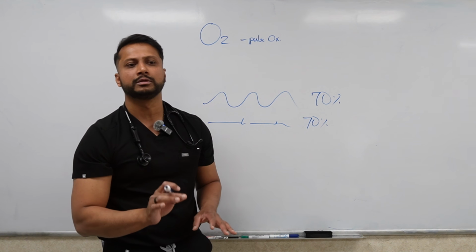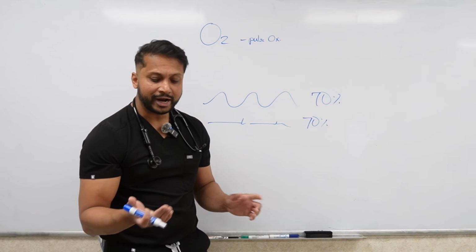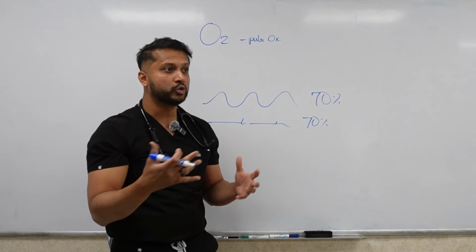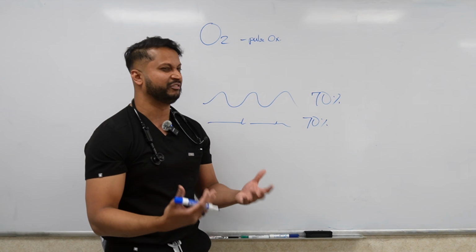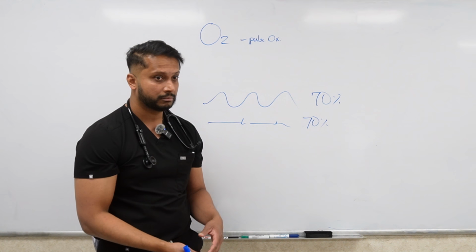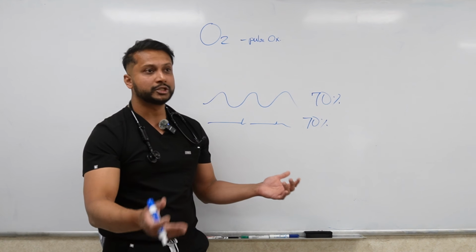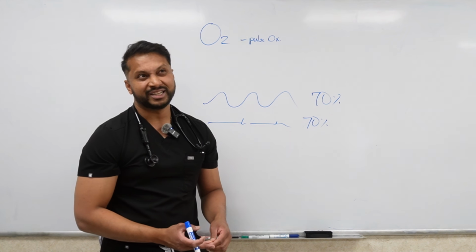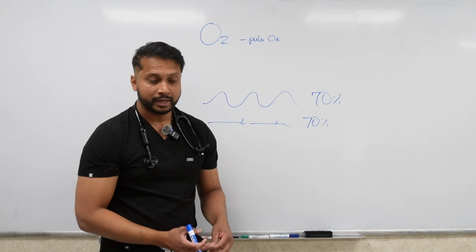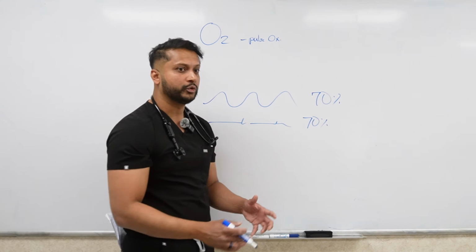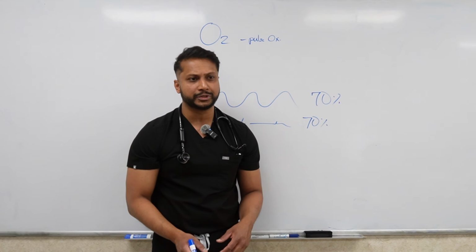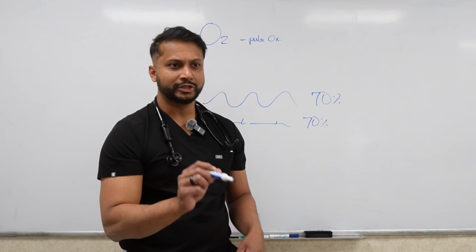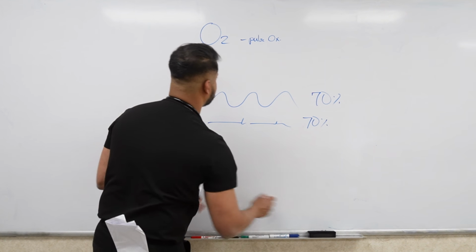So what do you do in that instance? You can change the location. Try not to use the distal extremities; maybe put it on the earlobe or on the forehead. These are more central parts of the body that are warmer, better perfused, and will give you a better reading. But say you do that and it's still showing low. Sometimes, unfortunately, your pulse ox still might not read very well, and you might have bad waveforms that you can't really judge for sure. So what do you do in those patients? What's your real, absolute, objective way to tell me what the patient's oxygen is? Okay, so you're going to say it is going to be an